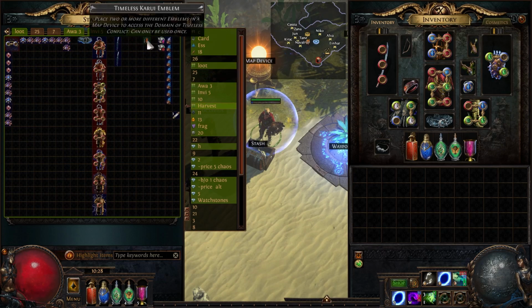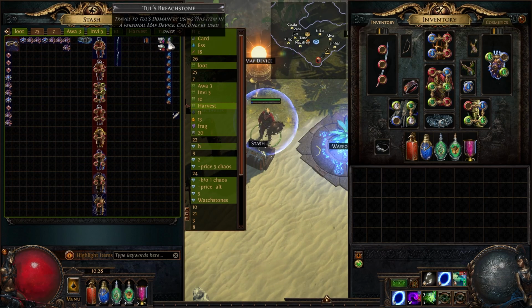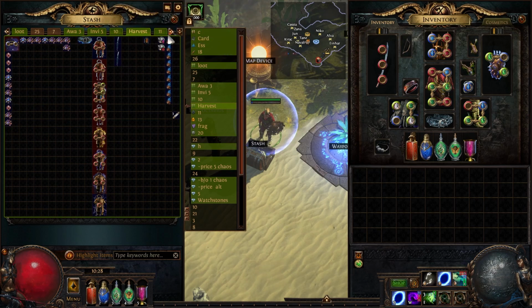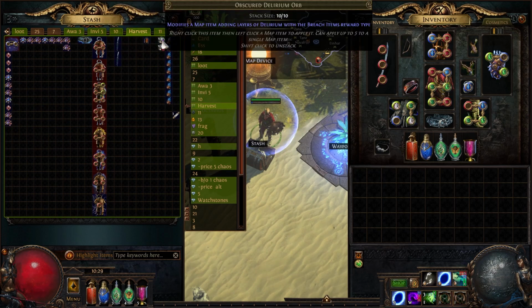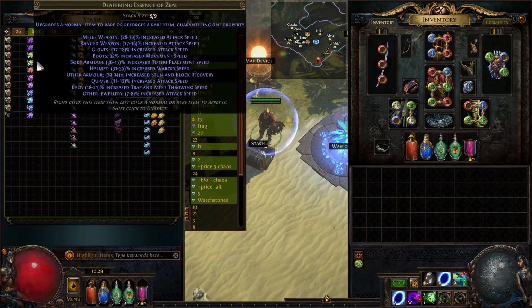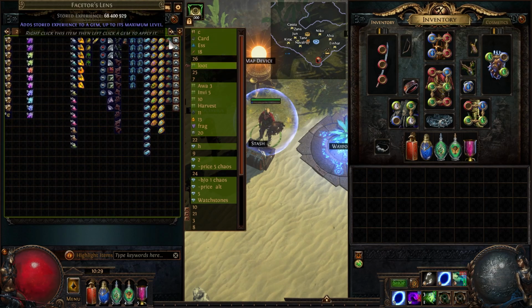Here were my Timeless Emblems. I actually didn't get that many Bridgestone crafts, so I have quite a lot of them left. Also Delirium Orbs, I bought 20 and I didn't get a Skittering one, so that's also quite unlucky. And here were my essences that I was converting into different essences. Also I got a bunch of Facetor Lens,